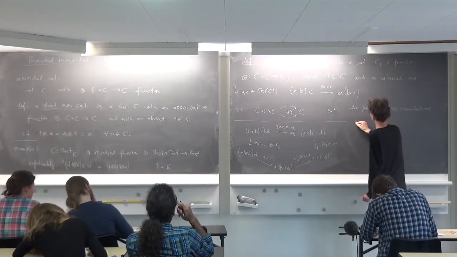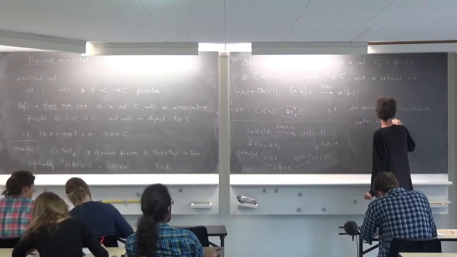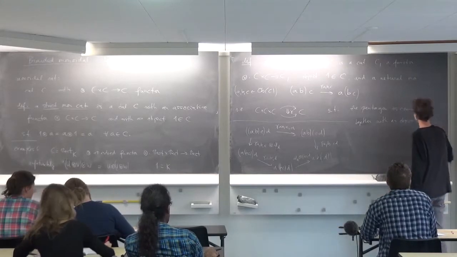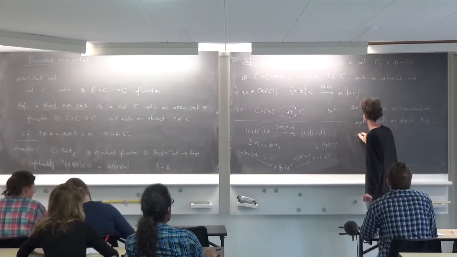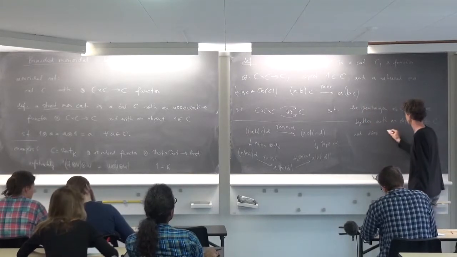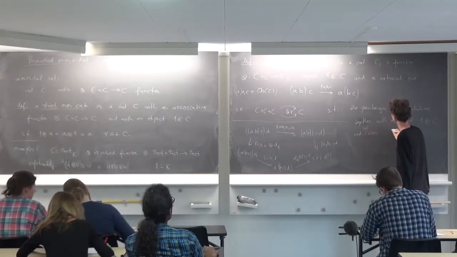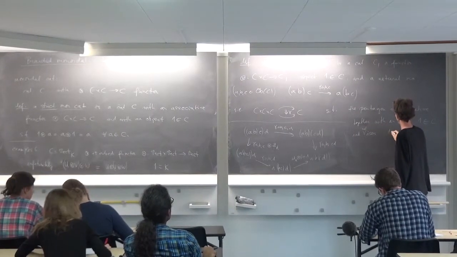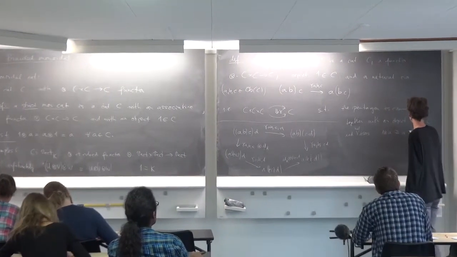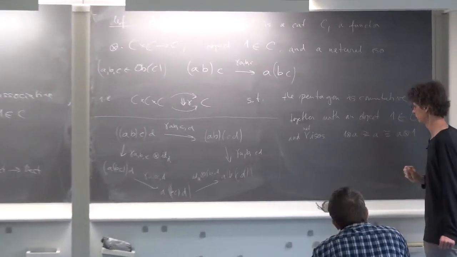Together, with an object 1 in C and isomorphisms, natural isomorphisms from one tensor A to A, and A tensor 1 to A, such that